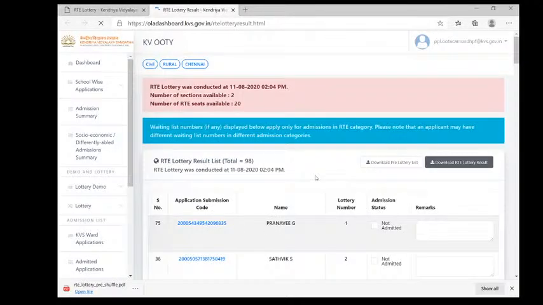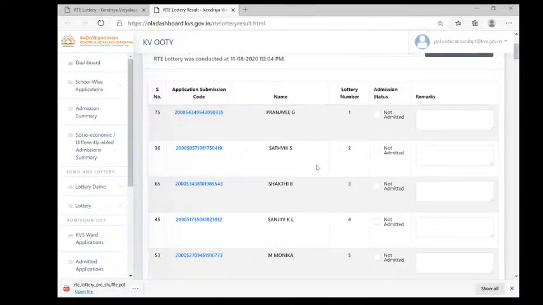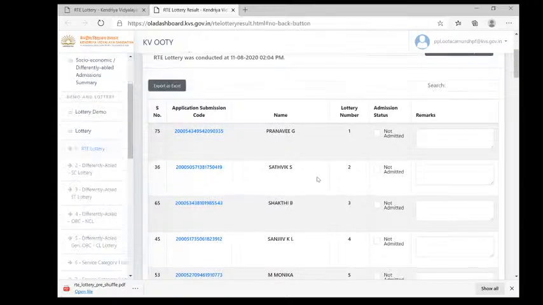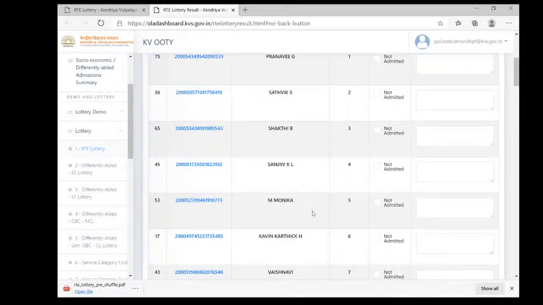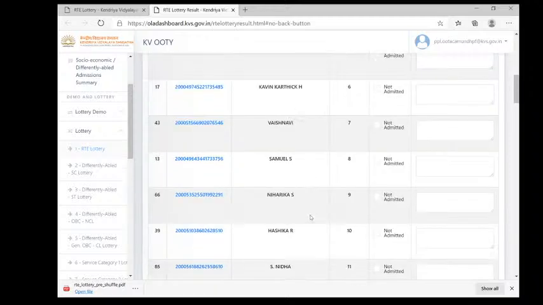Now you see the lottery has been done. All the parents can see the children's numbers. First serial number 75, Pranavi G got the lottery 1, then Satvik S number 2, Shakti B number 3, Sanjeev KL 4, Monica M 5, Kavin Karthik 6, Vaishnavi 7, Samuel S 8, Niharika 9,